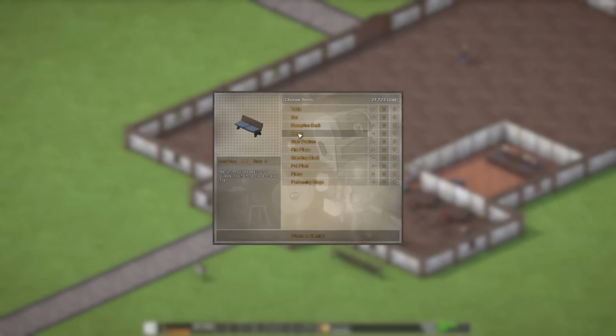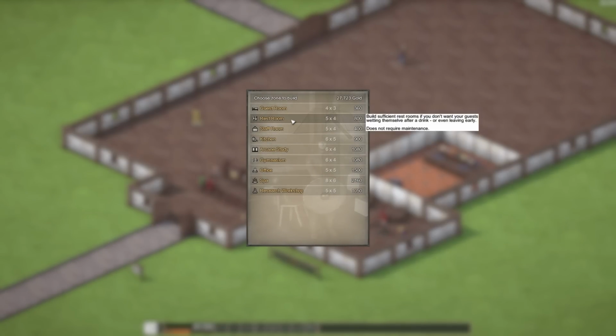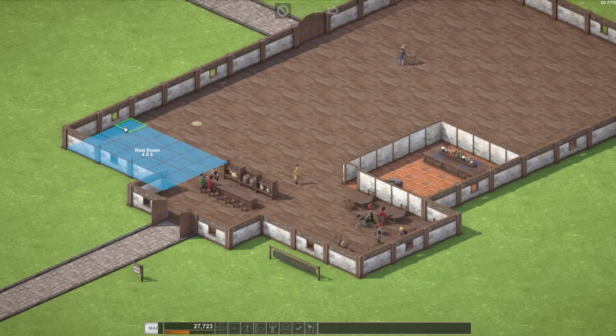So we probably want to get ourselves... Well, we need a bunch of stuff right now. I'm spending so much time talking that I'm not actually playing the game. We need a restroom, and we should probably get that as close to the drinking area as possible. So we will put it right...